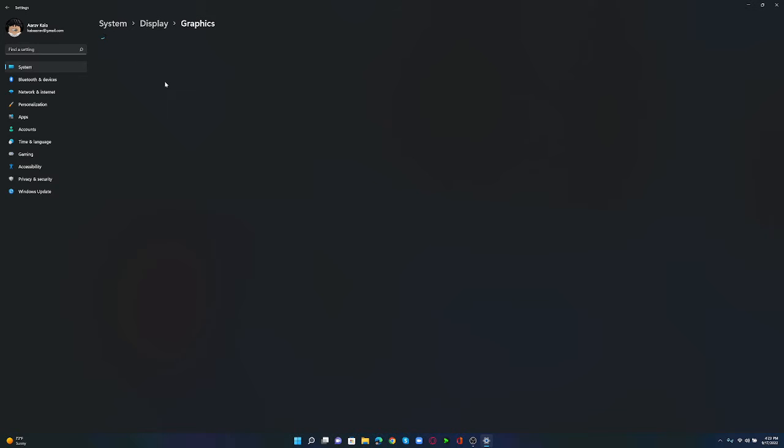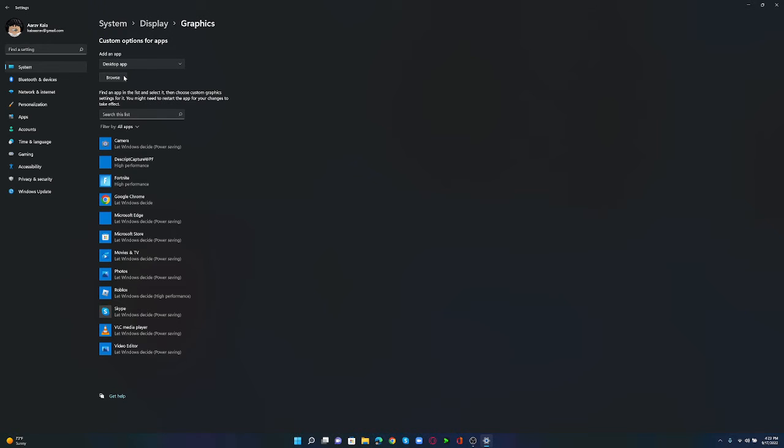I think it shows up information about it. Oh yeah. So in Windows 11, I haven't seen this in Windows 10, but in Windows 11, you can choose what you want to do